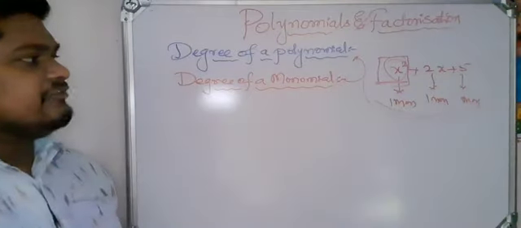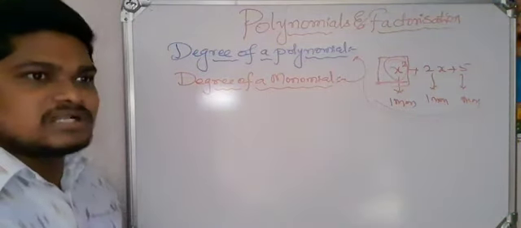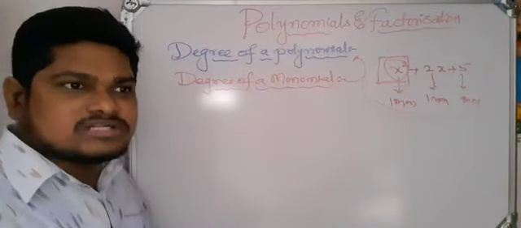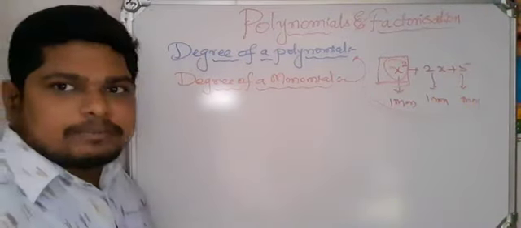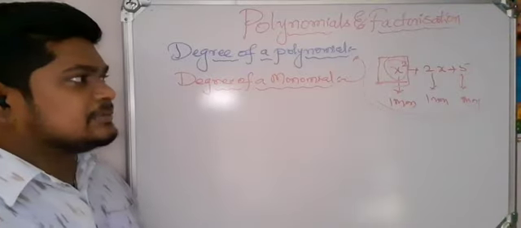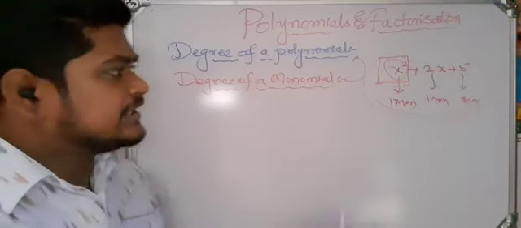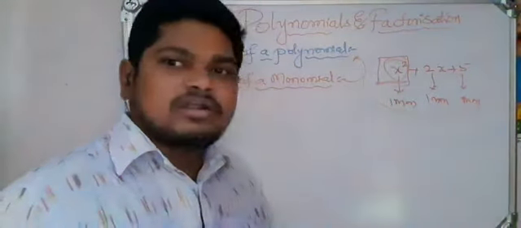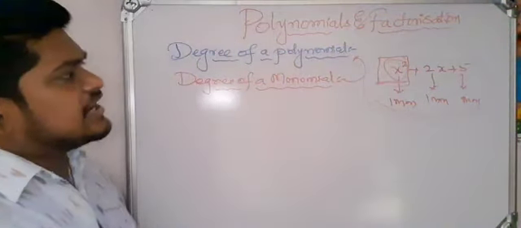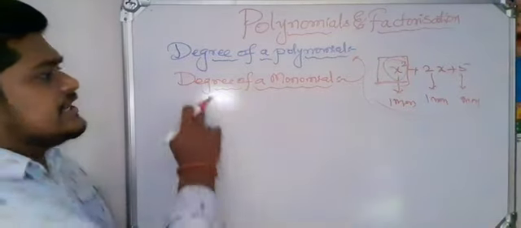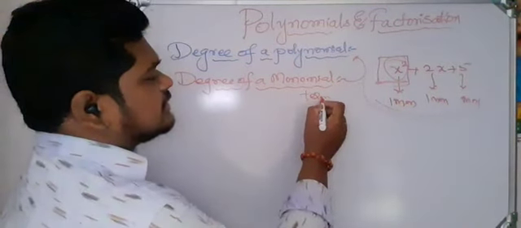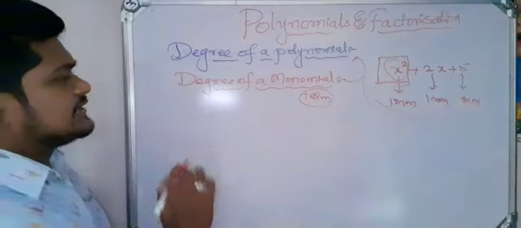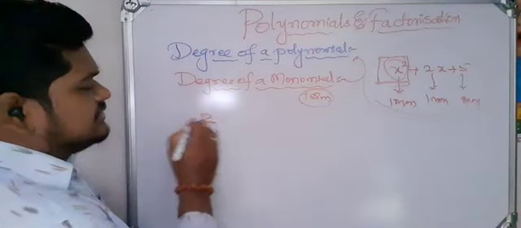Now here we have different types of monomials. Between the variables and constants we have multiplication and division, and those are called monomials. That is nothing but a term. It contains different terms: first term, second term, third term. Each term we call a monomial. That means we have to talk about the degree of a monomial or degree of a term. First of all, the terms will be like this. Suppose we are given 2.